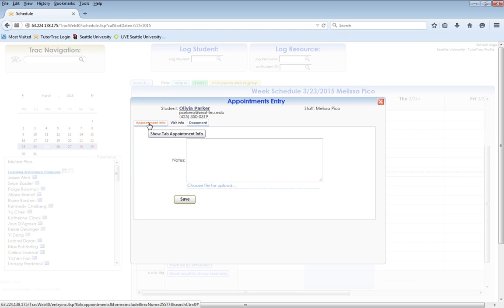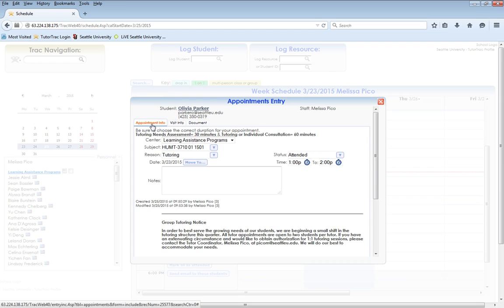Exactly. These are documents attached to specific appointments, and we want to look at the documents attached to the specific person. So to do that, we want to click on the student's name, because the TNA is going to be attached to the person, not this particular appointment. So right now we're going to click on Olivia's name,